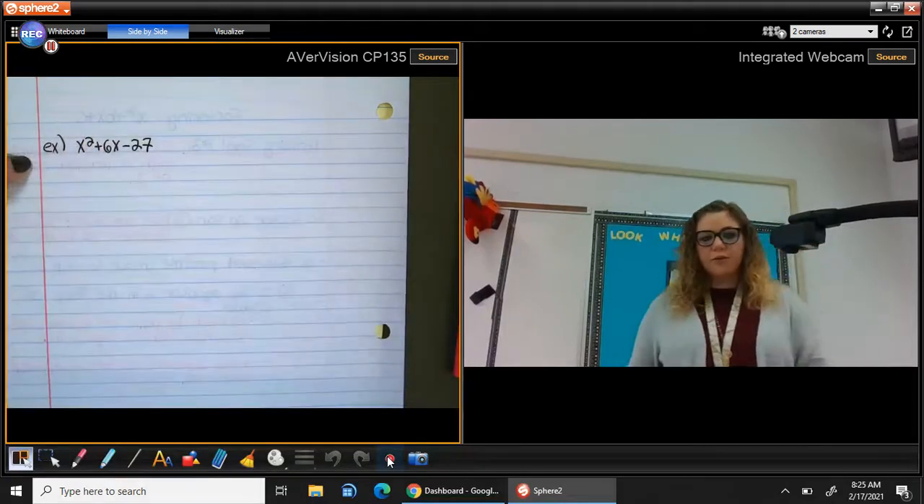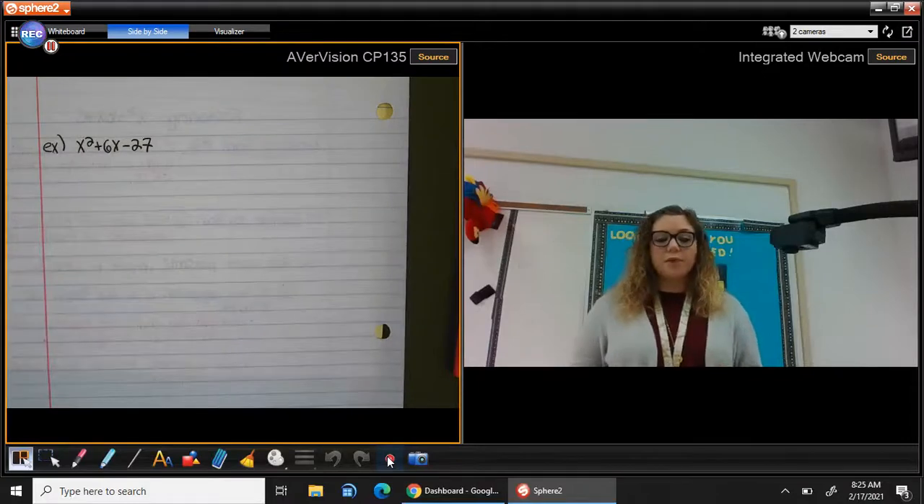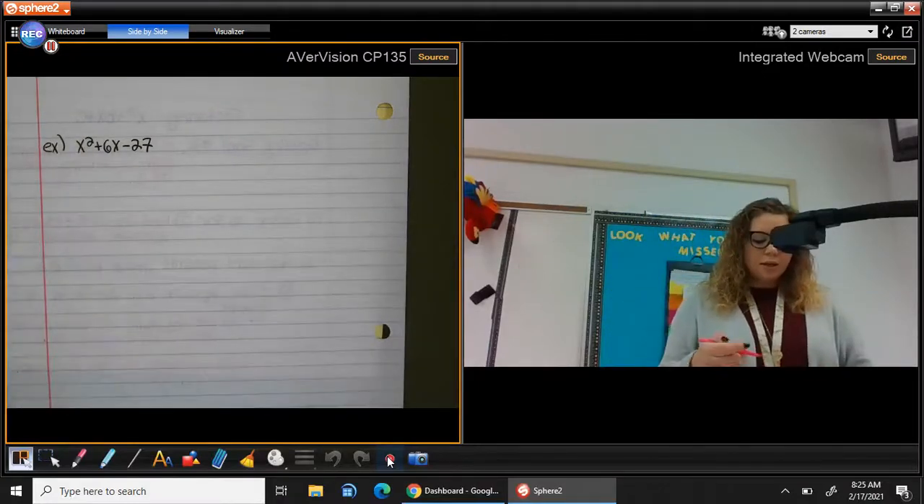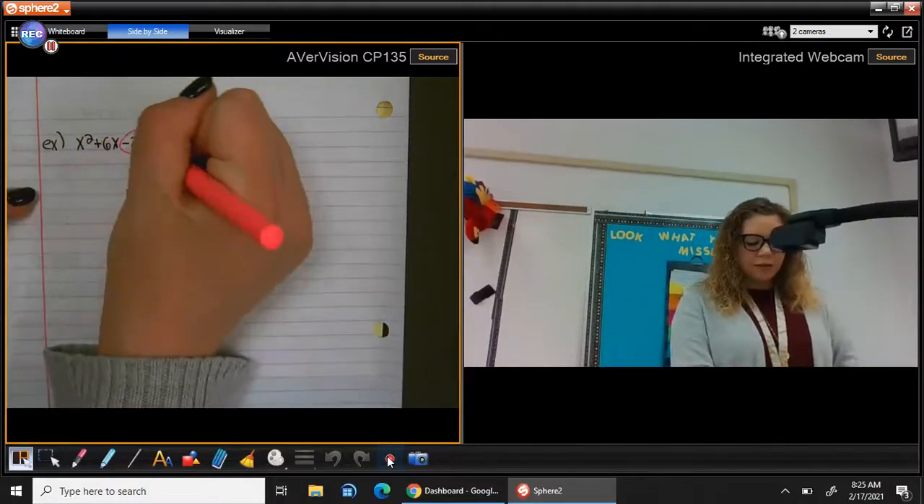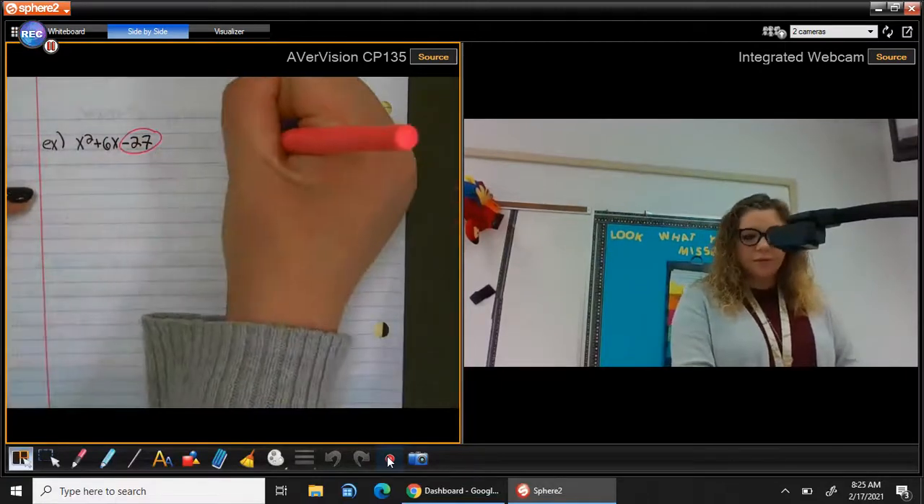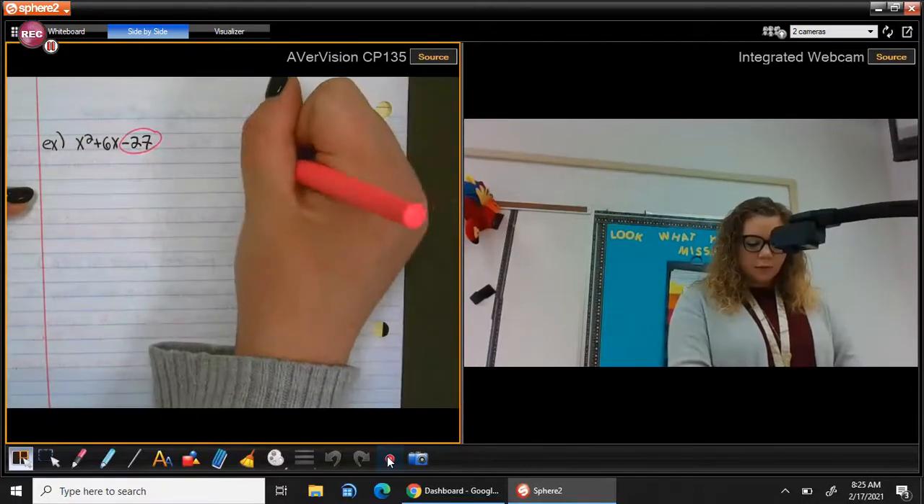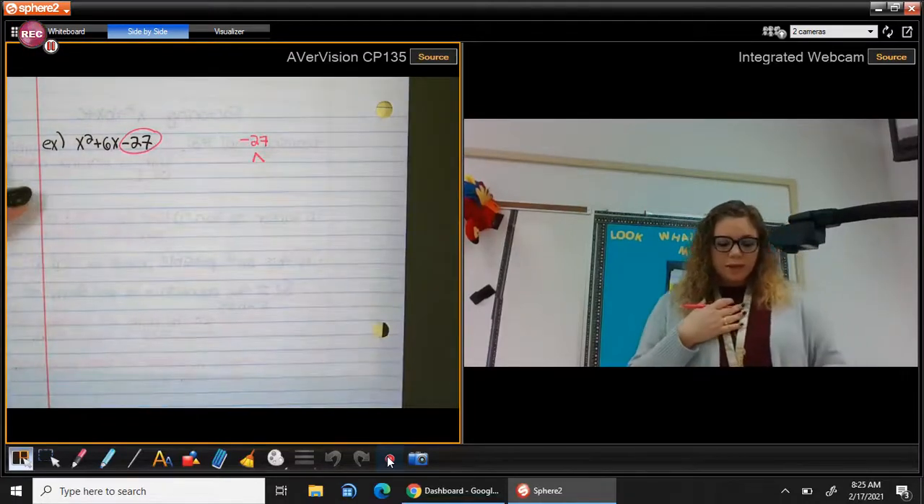Okay, first of all, can I factor out a GCF? No. So I'm moving to step 2. I want to find the factors of negative 27. Now if this is a minus sign, it's going to be negative 27. You're trying to find the factors too. Okay? Anytime you have a negative,